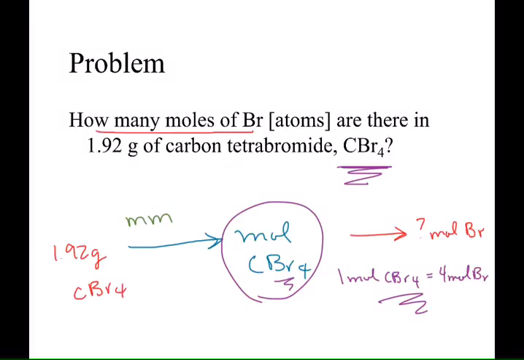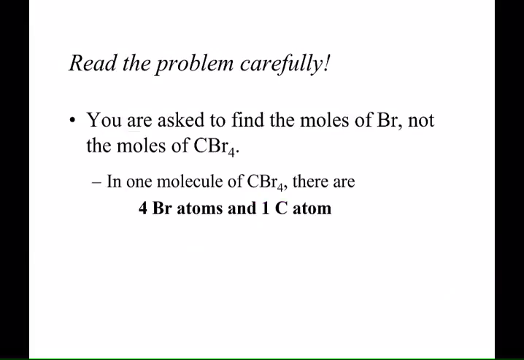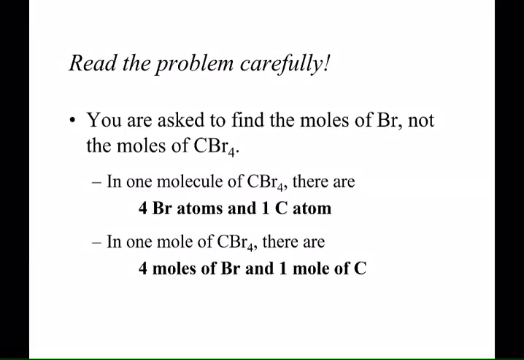And where did the 4 come from? Well, the 4 came from the formula, right? So like I said, you have to read it carefully. We want to go all the way to moles of bromine atoms. We don't want just moles of CBr4. So like I said before, we could say in one molecule there are 4 bromine atoms and 1 carbon atom. We get that from the formula, 1 molecule of CBr4. We can scale that up into moles, and we can say 4 moles of bromine atoms is equal to 1